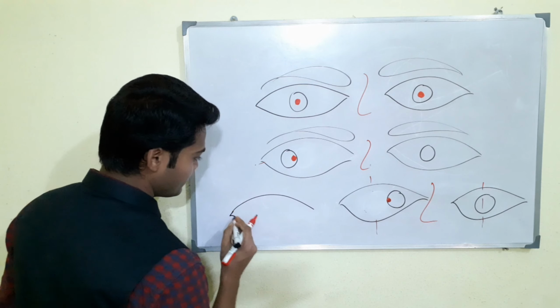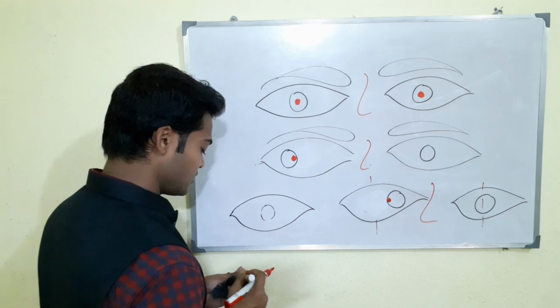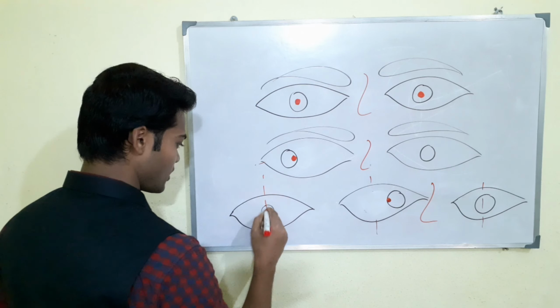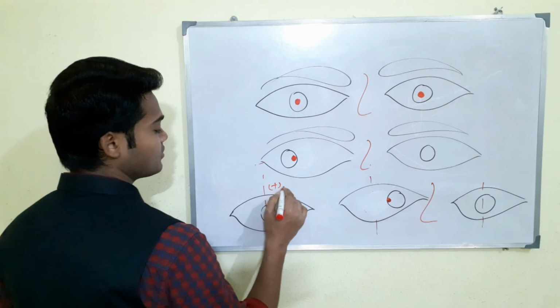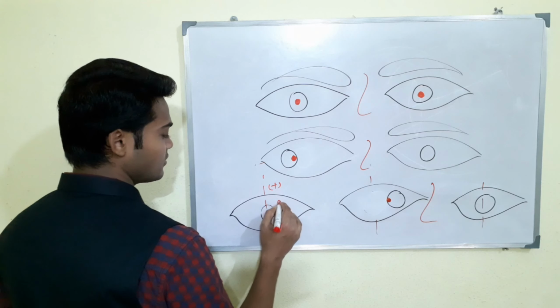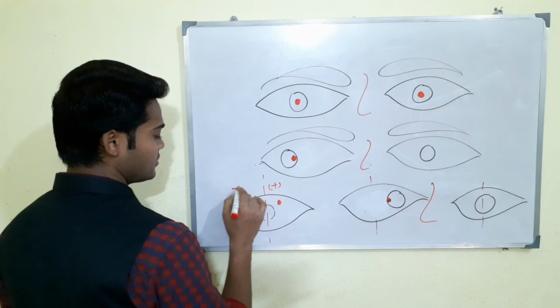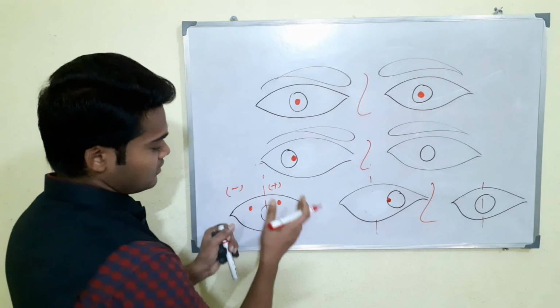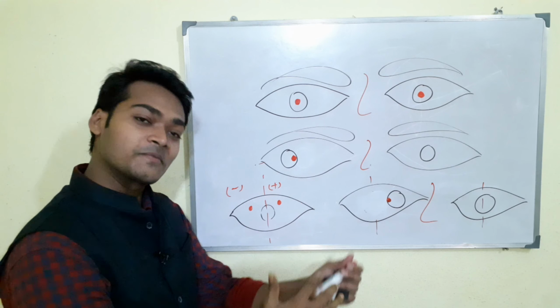Suppose this is the eye, right, and this is a plane. Just assume I divide it into parts. When light falls here it means positive, when light falls this side it means positive, when light falls this side it means negative, right? This is, I think, a gross idea to carry for the long term. So thank you.